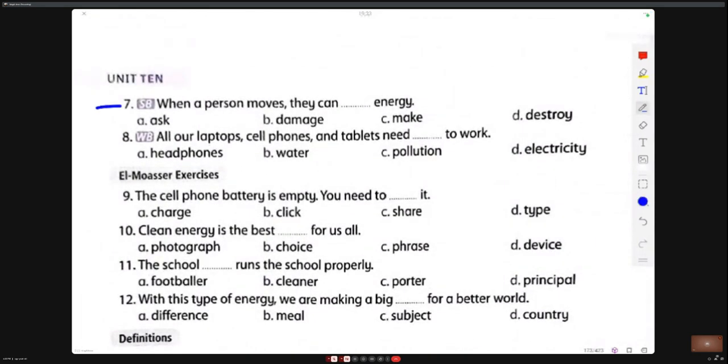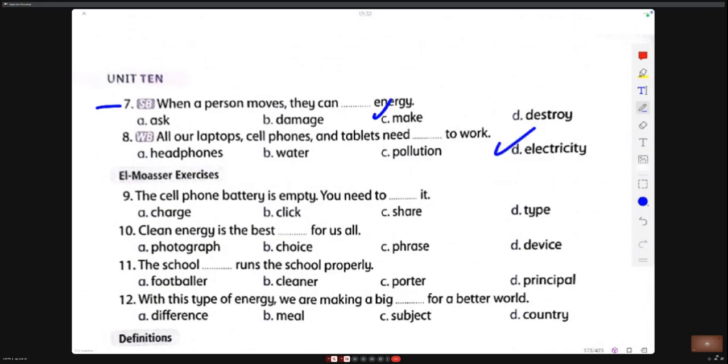When a person moves, they can make energy, because a person moves, okay? All our laptops, cell phones, and tablets need electricity to work.